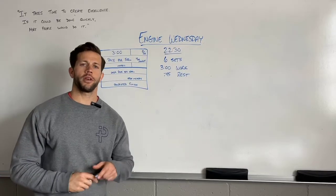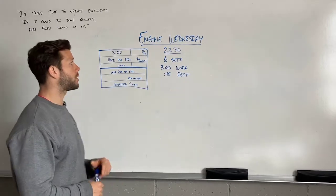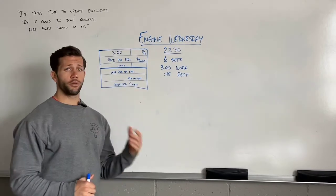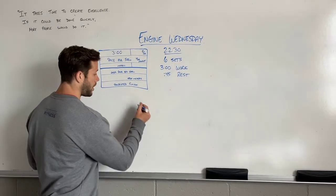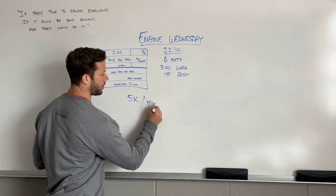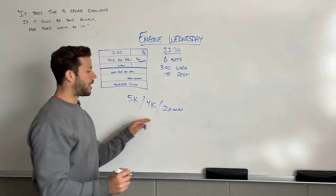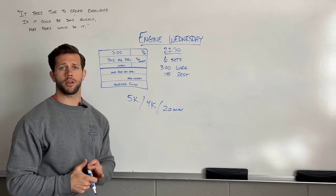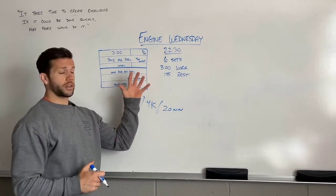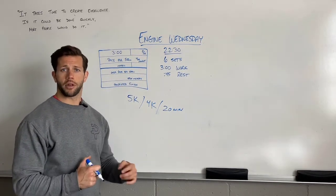Tip Tuesday this week is about our rowing. Engine Day Wednesday this week. We've been getting into rowing, and a few weeks ago we set a 5K. There's three options here. We did a 5K, either 4K, or some people did 20 minutes of rowing to find a pace that is going to be used in workouts like this and to understand, utilize the monitor, and just better your performance with